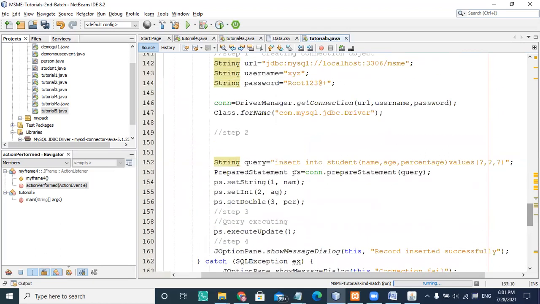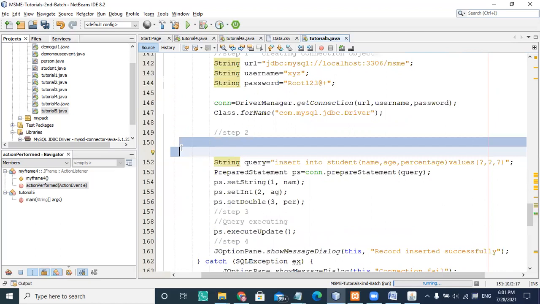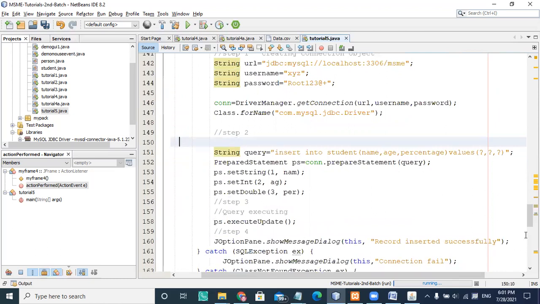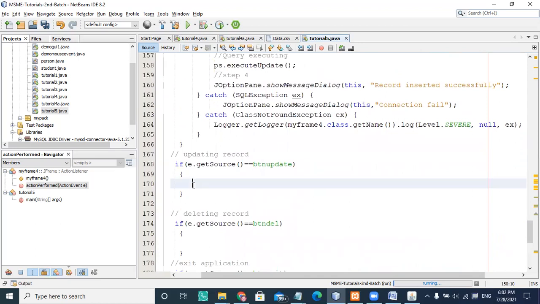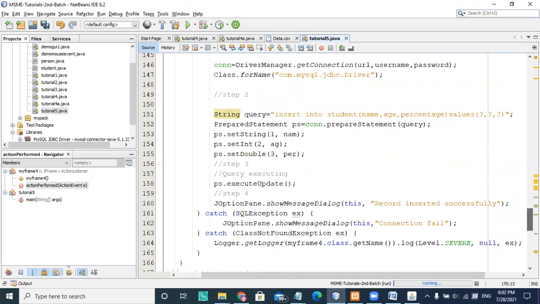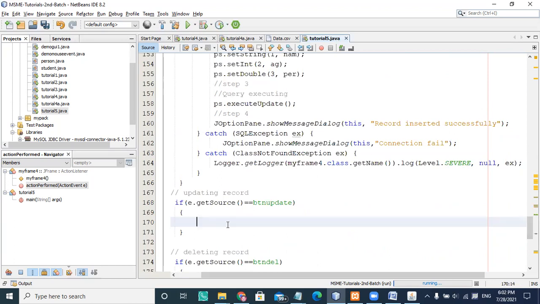So this is for adding the record, inserting a record, and this is for updating a record. For updating a record, you are going to use the update query, choosing a string query, and using a where clause.